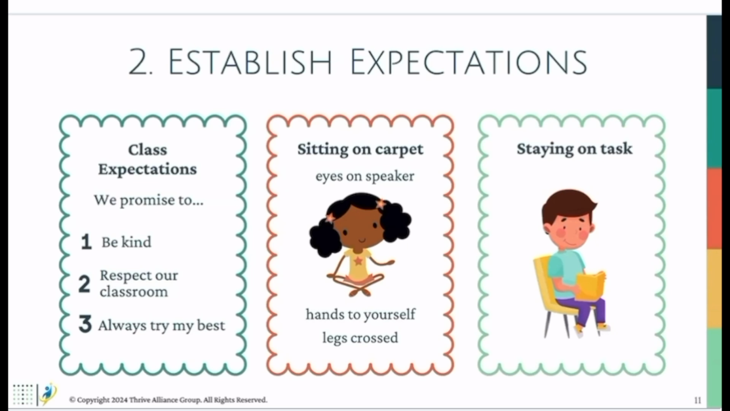We can use this process for just about anything, like what a calm body looks like, or how to sit on the carpet, stand in line, walk down the hall, what ready to learn looks like, and staying on task. Use visuals to remind them of the expectations. Refer to the list every day, even multiple times per day, until they're ingrained as part of the routine. And keep in mind that our kiddos will most likely need an extra reminder after a long weekend or a